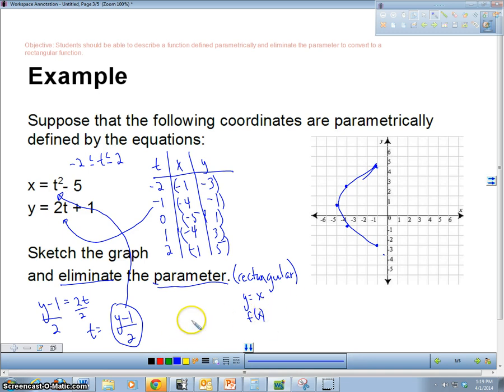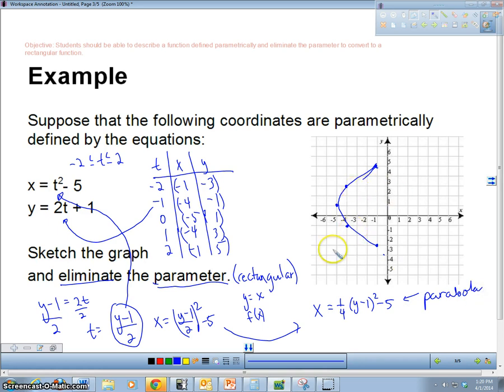So I'm going to have x equals y minus 1 over 2 squared minus 5. Bring it over here. Which is going to give me x equals 1/4, because I did 2 squared, 2 right here, 1/4. I'm going to keep the y in the parentheses, y minus 1 squared, minus 5. Now, if you remember back in Algebra 2, this is an equation of a parabola